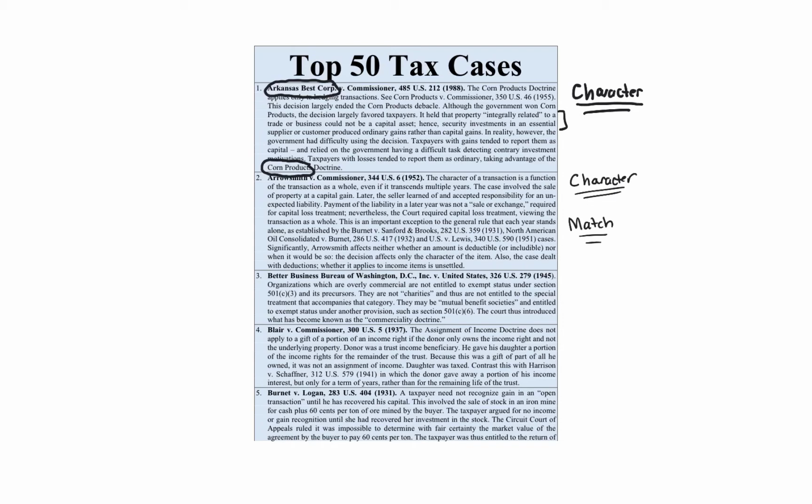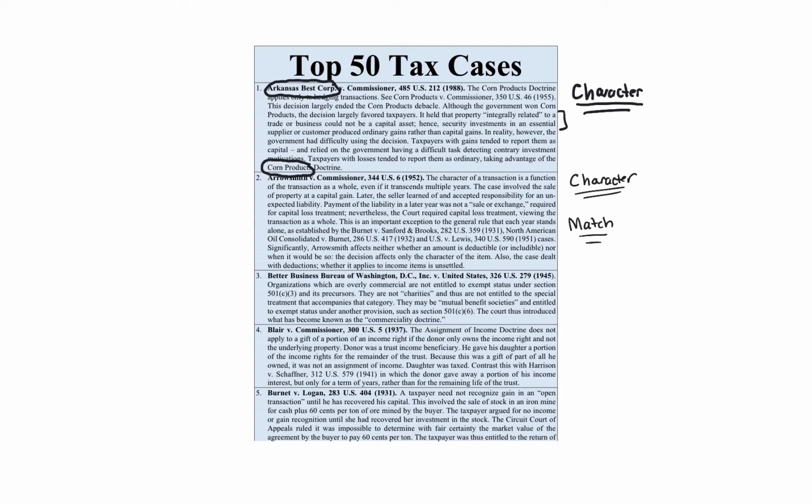But the idea of Aerosmith is, again, if you get certain types of treatment, you might have to recapture in future events because you got the benefit of that. And the perfect example, think in your mind, is depreciation, amortization. And when you sell the asset later on, if it's 1231 capital, you better believe if you have a gain, you're going to have to worry about recapturing it. So that's the general gist of Aerosmith. Okay? And there are other cases related to Aerosmith. We'll talk about them, North American Oil, US v. Lewis. But this is a huge case, Aerosmith.